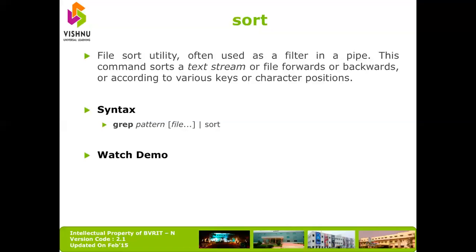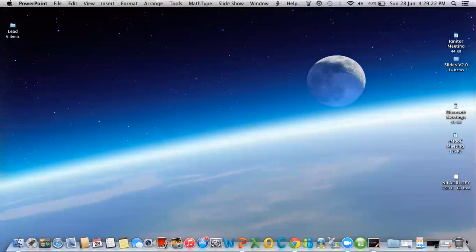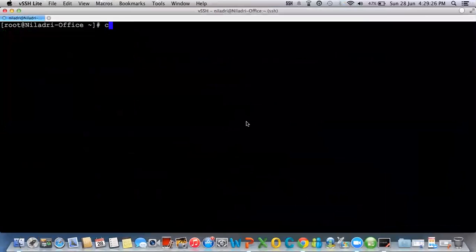Now to demonstrate that, we have to create a file. So let us create a file inside our folder 1. I'll first go inside the folder and create a file called file2.txt, and inside that file I'll have some random numbers,